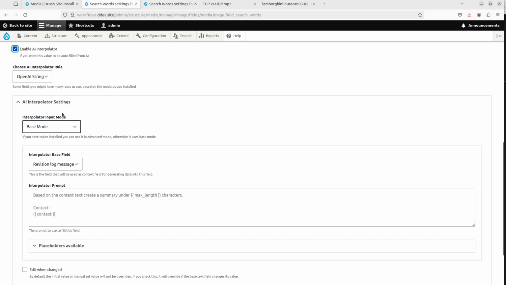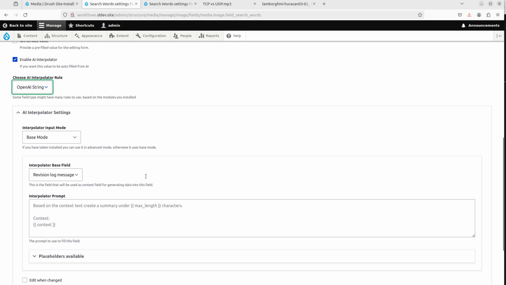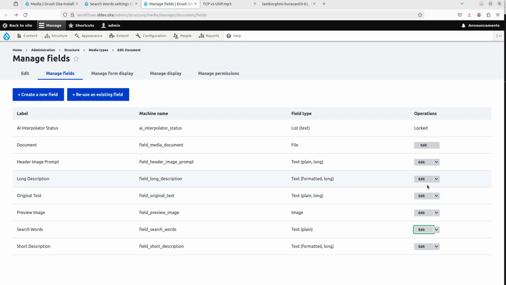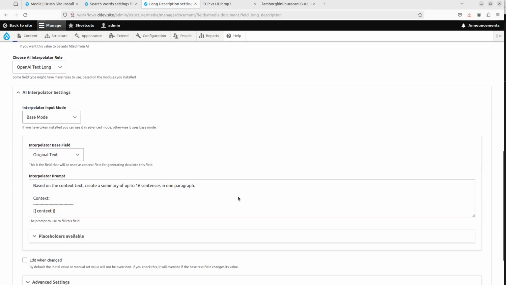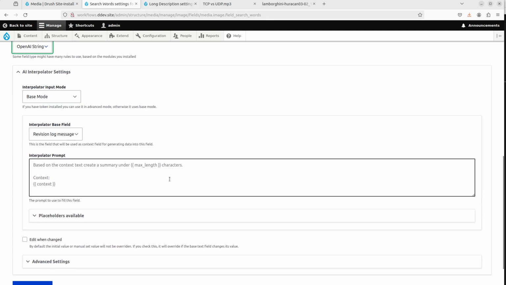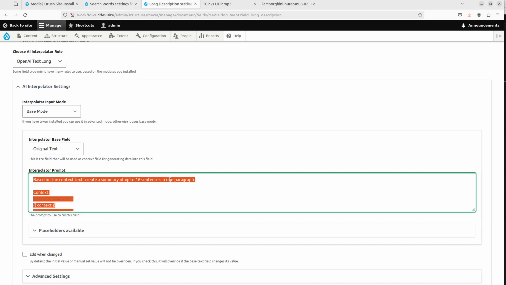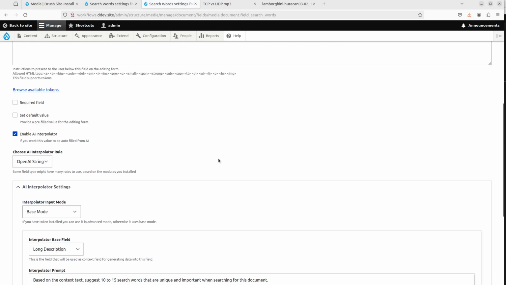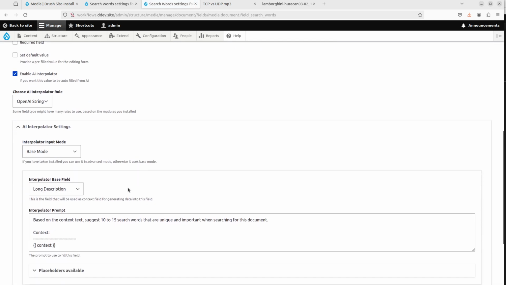So I just copy this, but let's see here. Oh, right. No, we have to base it on the long description. So this is something that will come in our next version of the OpenAI module, that you can use short text to get from the image. You can't do that actually at the moment, so that only works currently with